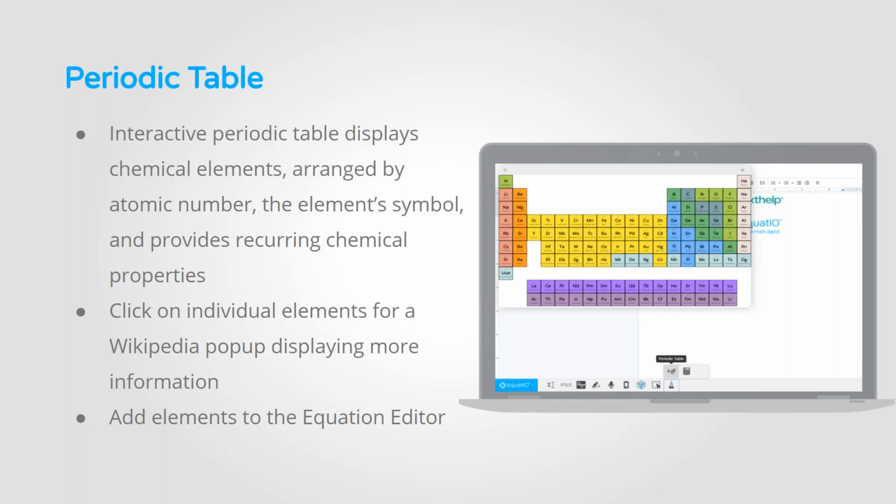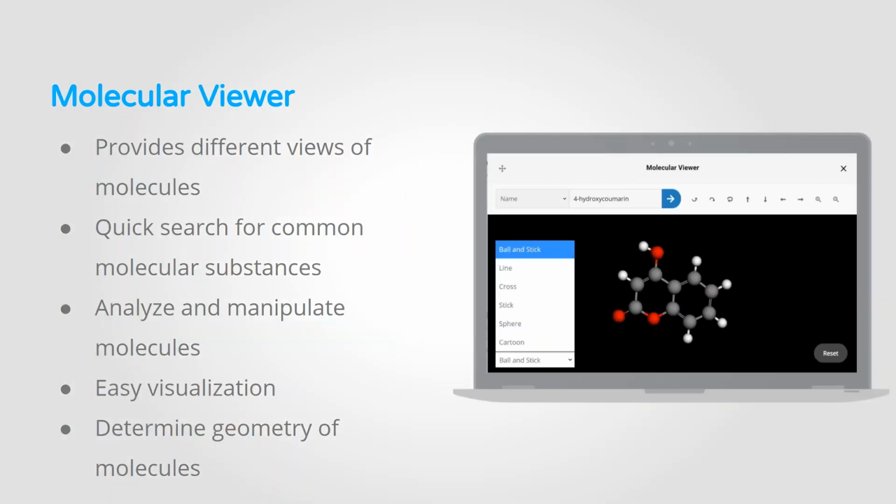So know that that's there if you have chemistry faculty who would like to use it. The second one, that actually just came out within the last week and that we're really excited to share with you, is our molecular viewer. Again, a huge game changer for chemistry. It basically provides the user with the ability to see, manipulate, and look at different molecules in chemistry. I am not a chemistry major, as I said, so those with a chemistry background are going to love this, but just know that it's here. So if you ever end up passing your faculty in the hallway and mention this tool, this is something that might perk their ears up and make them get excited.